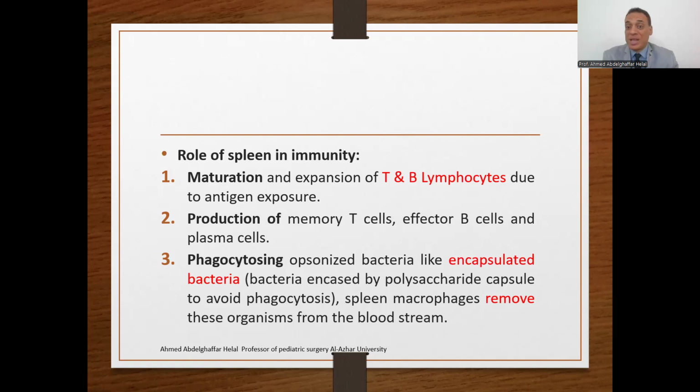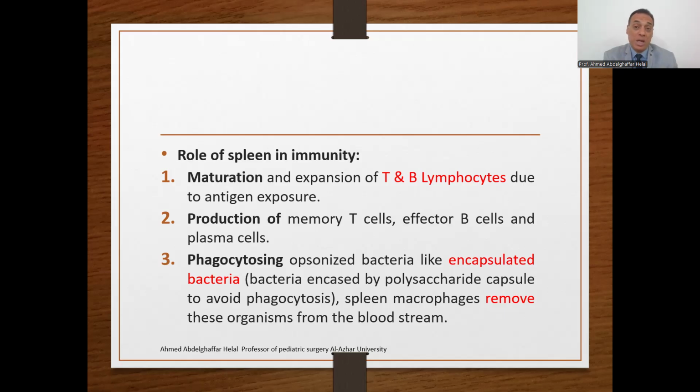Production of the memory cells and the effector B cells, and phagocytosing the opsonized bacteria, like the encapsulated bacteria, encased by the polysaccharide capsule to avoid phagocytosis. However, inside the spleen, these encapsulated bacteria will be encased with antibodies and opsonized, so they can be removed